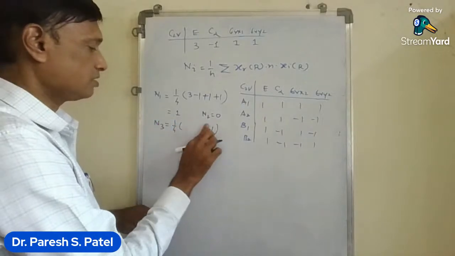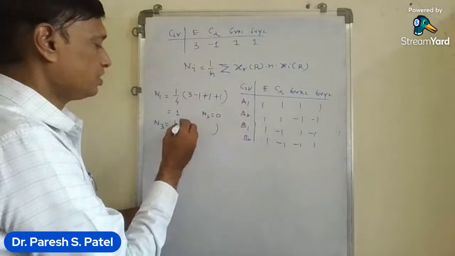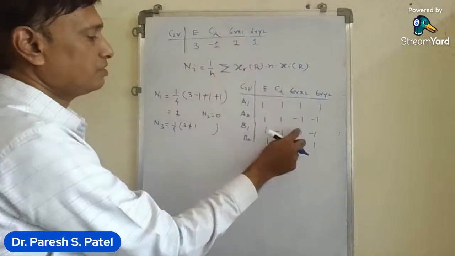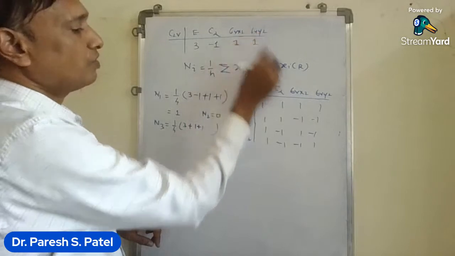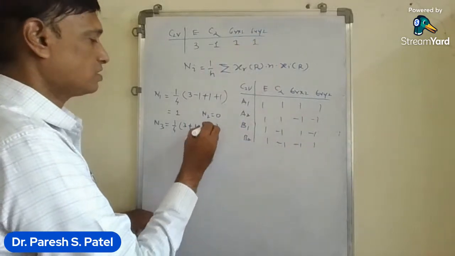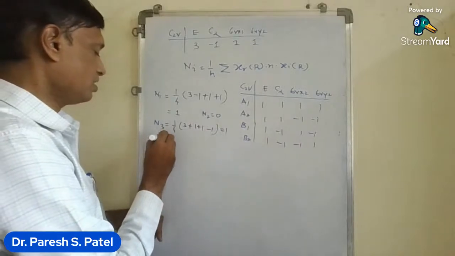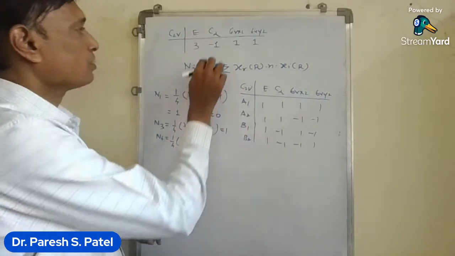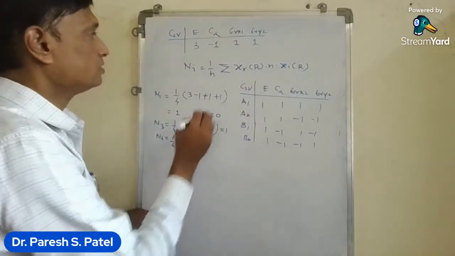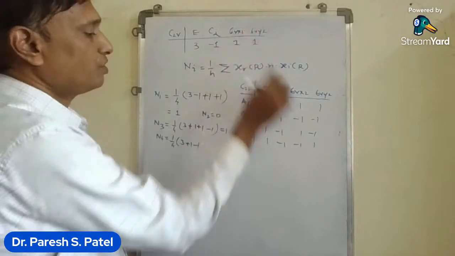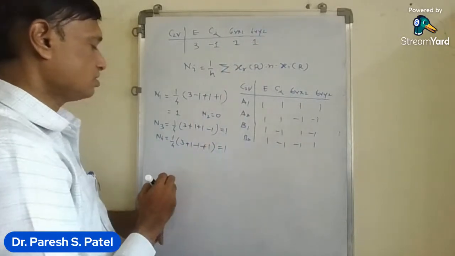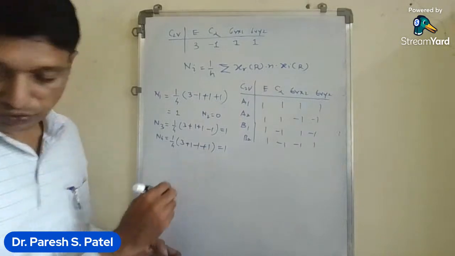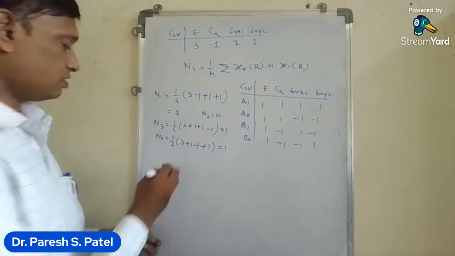Now what about n3? 3, 1, 1, 3 times 1, minus 1, 1, minus 1 gives an overall result equal to 1. So the value of n3 is equal to 1. n4 is equal to 1 by 4: 3, 1, 1, 3 times 1, minus 1, minus 1, 1 gives an overall result equal to 1. So the value of n1 is equal to 1, n2 is equal to 0, n3 is equal to 1, n4 is equal to 1. So the total p orbital we can write